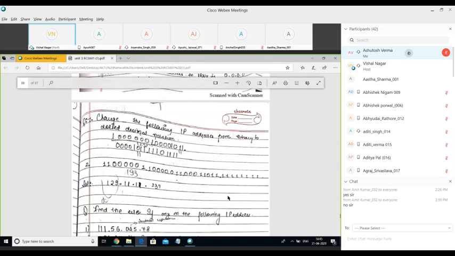The first one is: change the following IP address from binary to dotted decimal notation. You can see here, this is one octet, 1 0 0 0 0 0 0 1. Then this is the second octet, 0 0 0 0 1 0 1 1. This one is the third, 4 zeros, 1 0 1 1. This is the fourth octet, and lastly we have the last octet as 1 1 1 0 1 1 1 1.